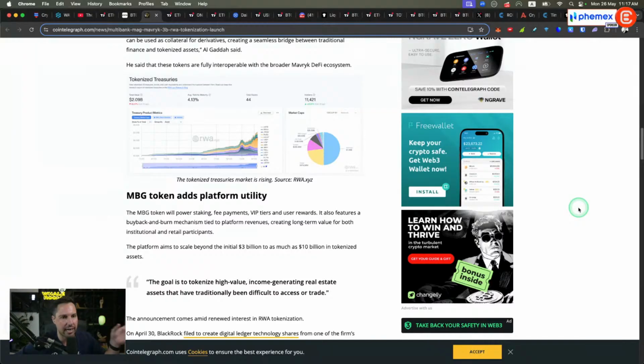For those of you that are interested in real-world asset plays that also extend further than that, it can be classified in terms of exchange tokens as well. And we've seen how well things have done in the past, like BNB. Early investors in things like BNB made tens of millions of dollars. And the reason why I say that is if you look at Multibank,